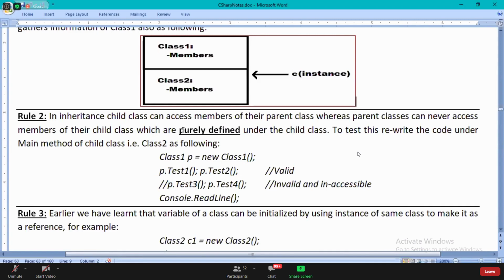I hope you are clear. Okay, what is it? Purely defined in the child class. If anything is purely defined in the child class, that's not accessible. If you follow that carefully, you will clearly understand. Purely defined in the sense.